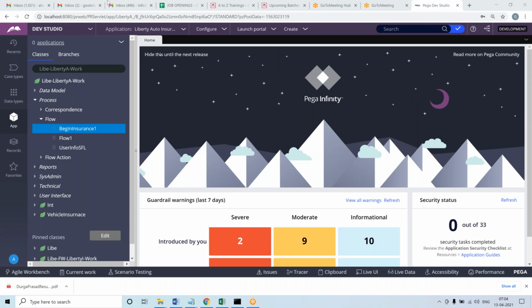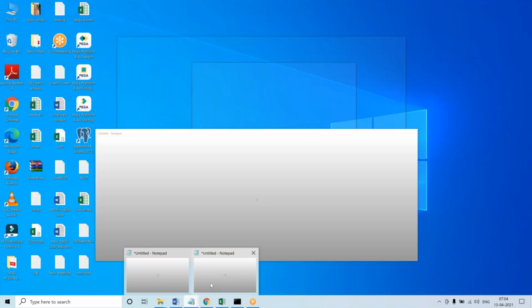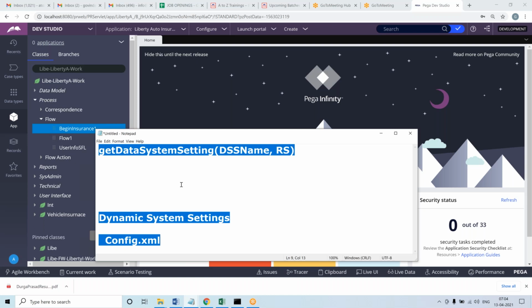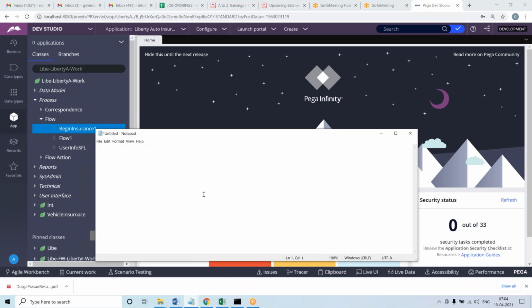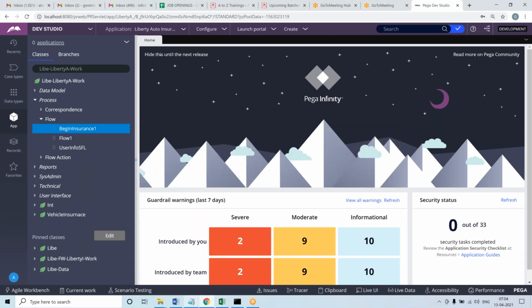Okay, let's go ahead now. So today we are going to discuss OOTB properties and prefixes. This is the first thing, and within this we will get one OOTB property. I will explain about that property as well: Major INS key. So these two things we are going to discuss today. Okay, so let's go ahead now and look into it.